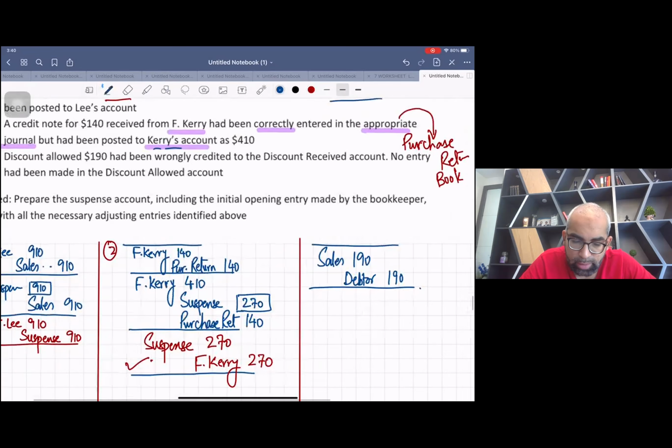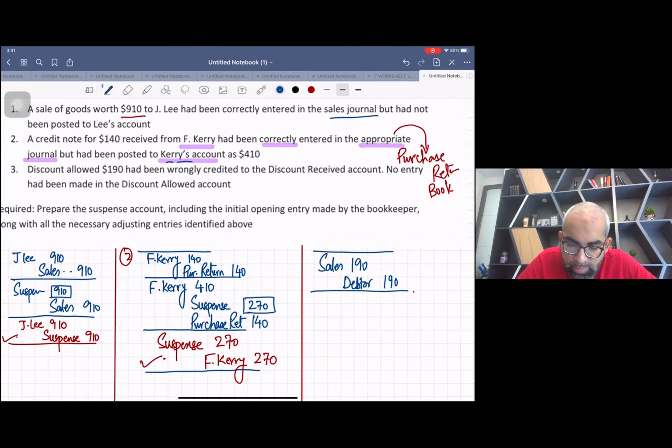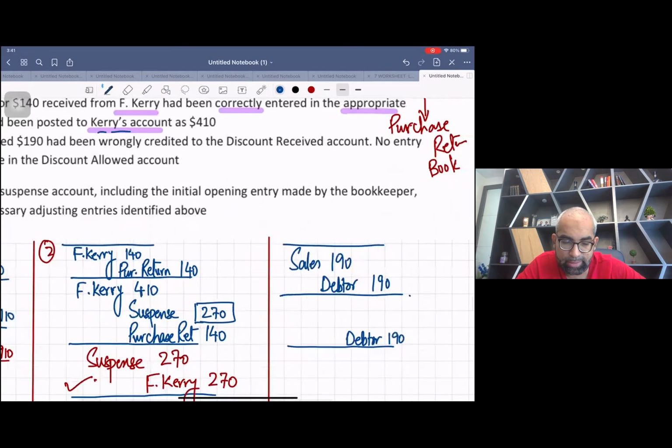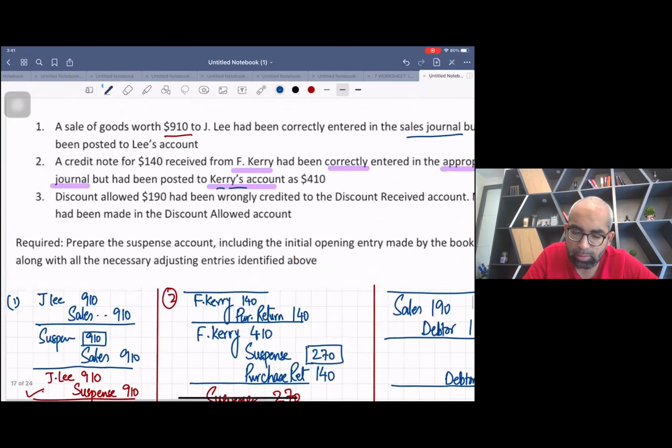Read the whole error. Is there any bad thing written about debtor? No. The debtor is perfect. So that means we wrote debtor on the correct side, that is 190 credit. Now see the error. What is the error? See this, please. Discount allowed 190